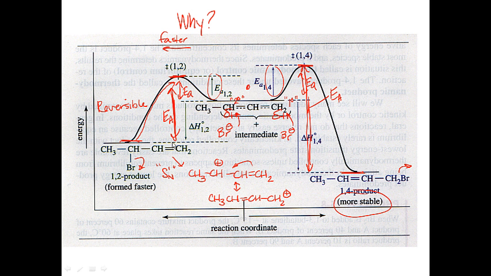So the key thing is this reversibility of the allylic bromide once it's formed. The fact that that step of losing the bromide is reversible means I can end up back at that intermediate. Okay, I know this is a little tricky, but that's how we explain why under high temperatures,